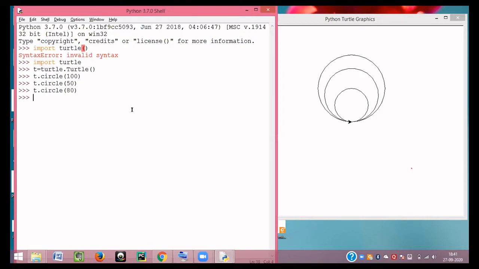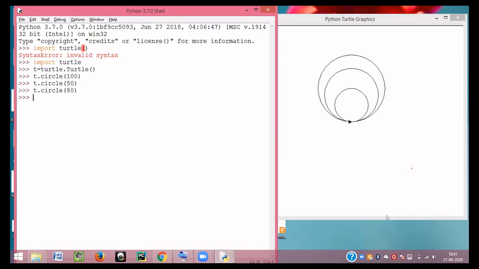You see, making a circle in turtle is absolutely easy because it gives you an inbuilt function that creates a circle for you. All you have to do is know that command.